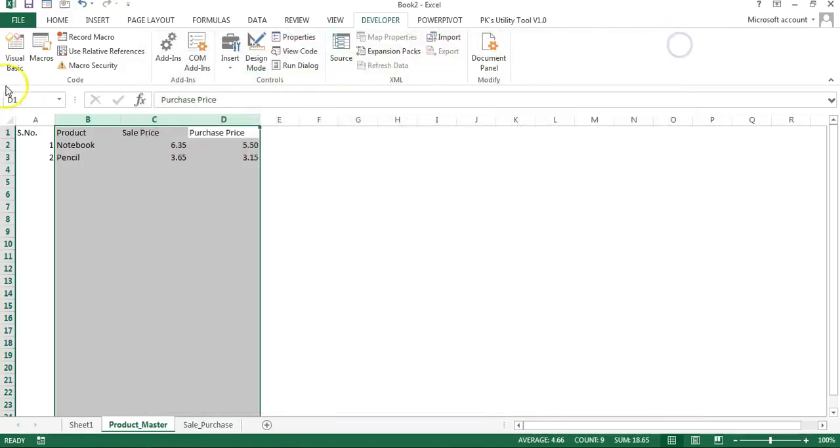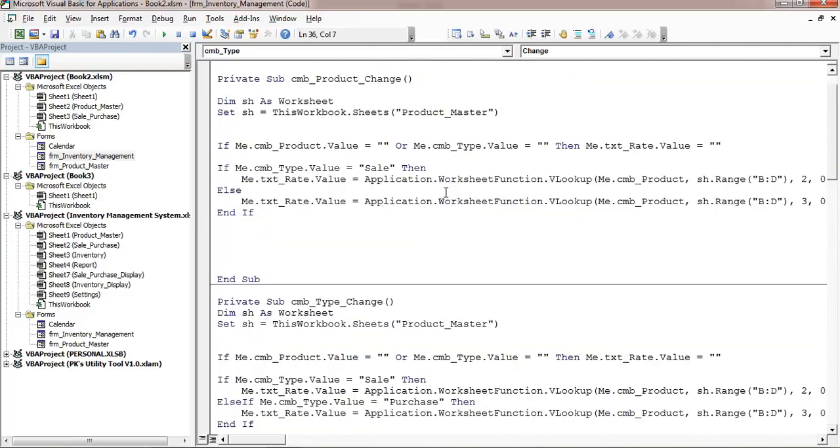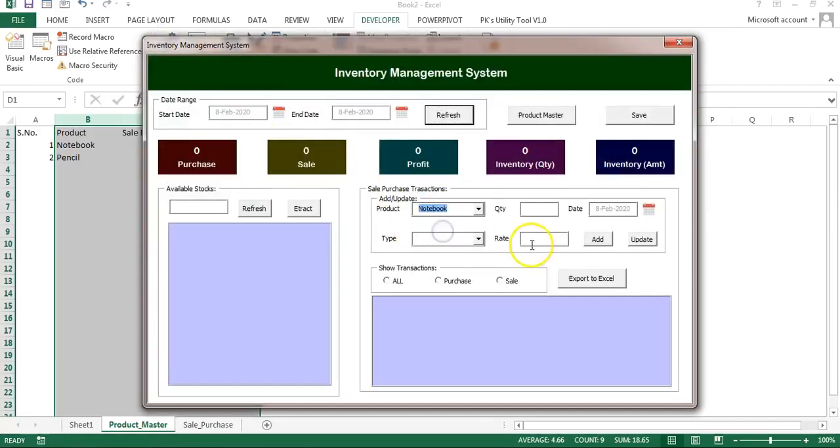So what we can do, we can put the code here also, ElseIf here we can put the purchase, and same thing we can do. So let's run this. If I select, it will not give the rate directly because we have to select the sale or purchase. Accordingly it will give the rate, but we are able to change the rate manually also.